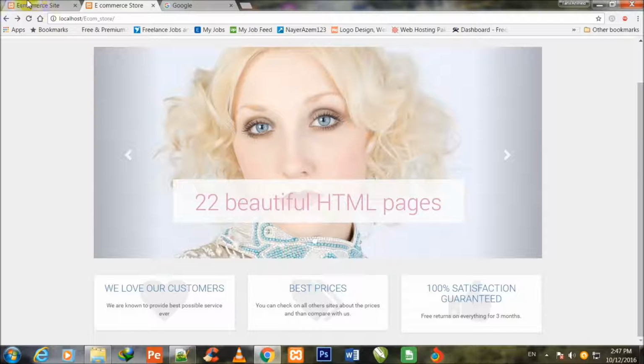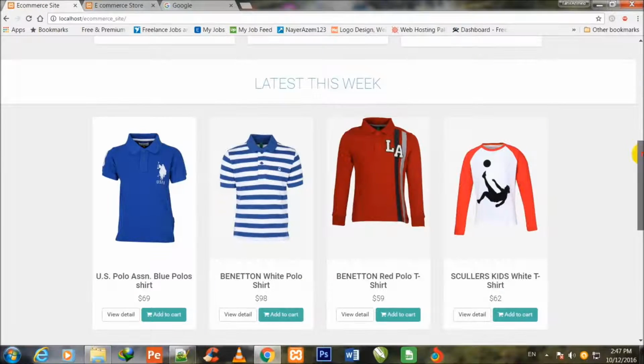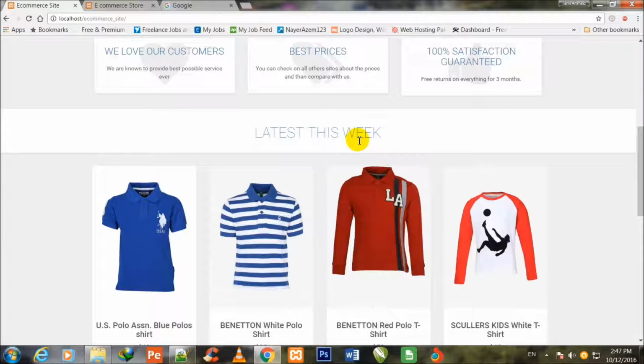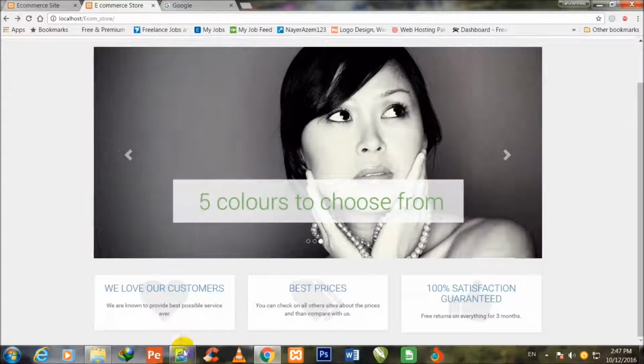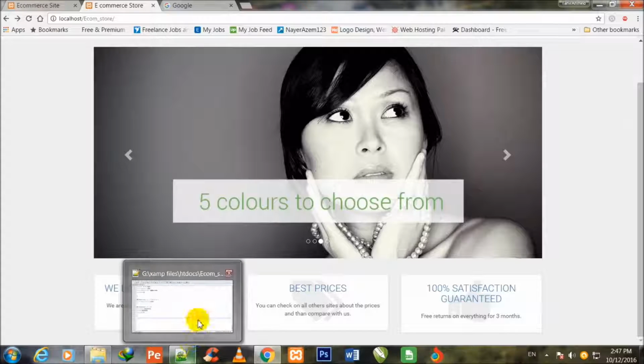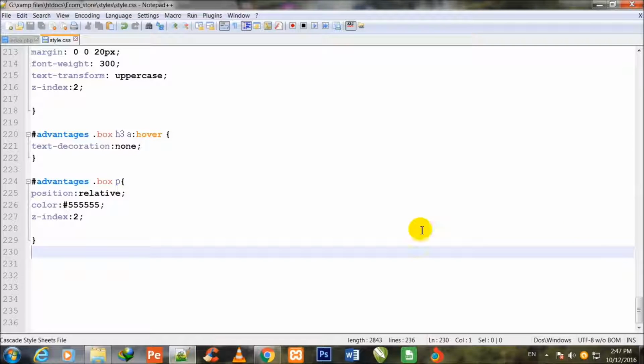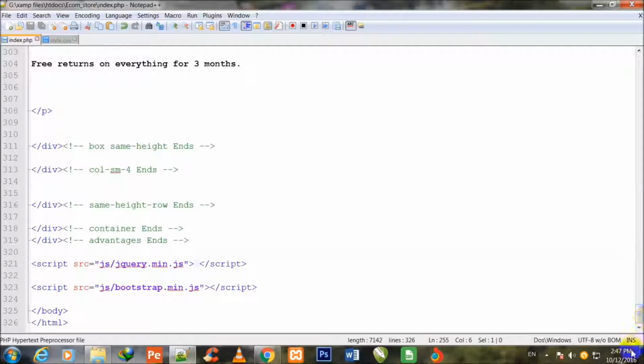So friends, from this video I shall begin to make this section, the latest this week section. For this purpose I go to my code editor, Notepad++. This is the style.css page open, but I am to work on index.php. So I come here and I shall start my work right